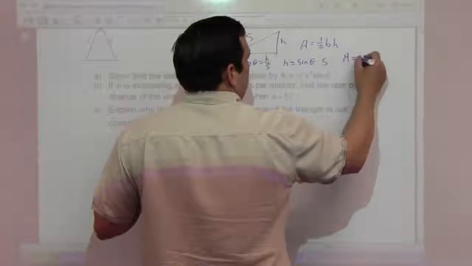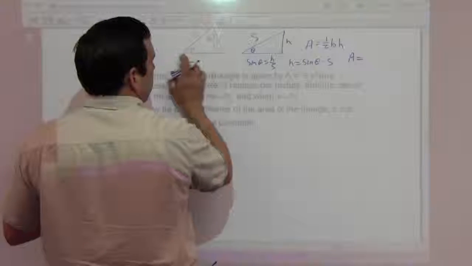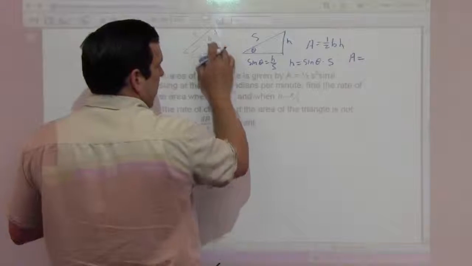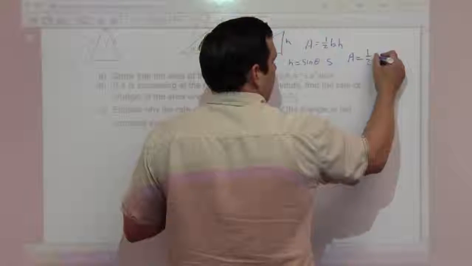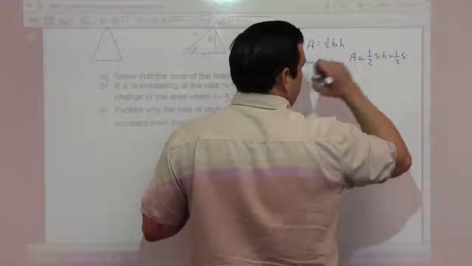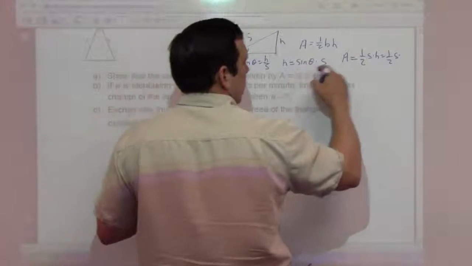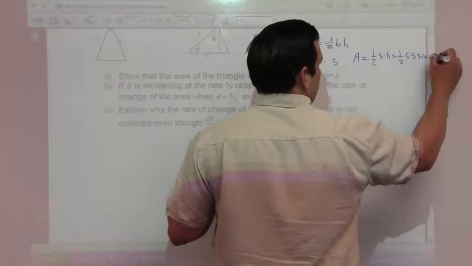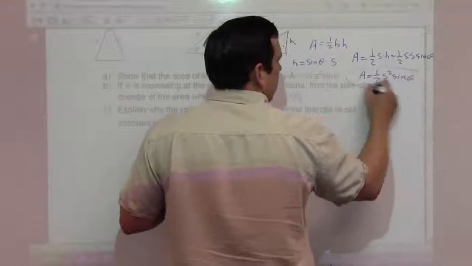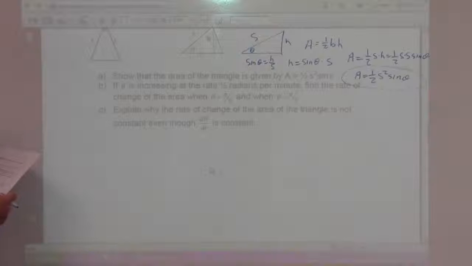So the area of this triangle, this one here, I just use this to help find the height. For area, the base is s, the height is h, so it's 1/2 s times h, which is 1/2 of s times, what was h again? h is sine theta times s, so s sine theta. So area would be 1/2 s squared sine theta. So that answers the first part, part A. Now for part B,